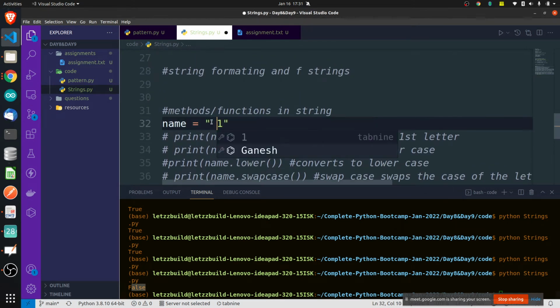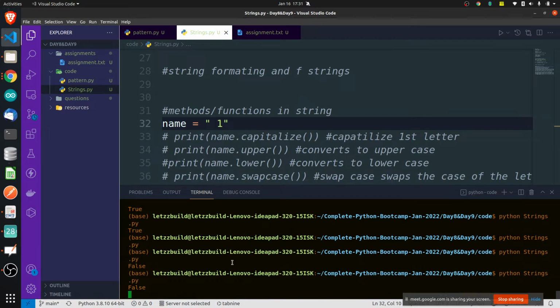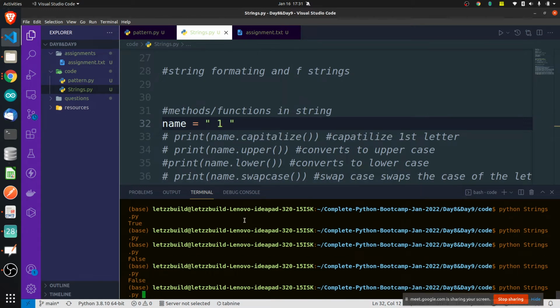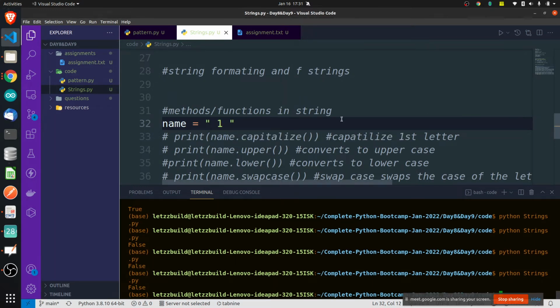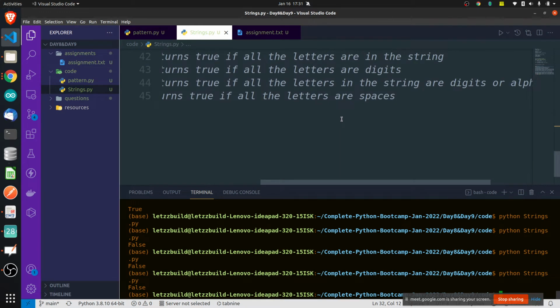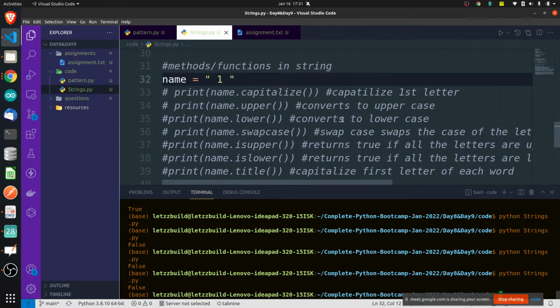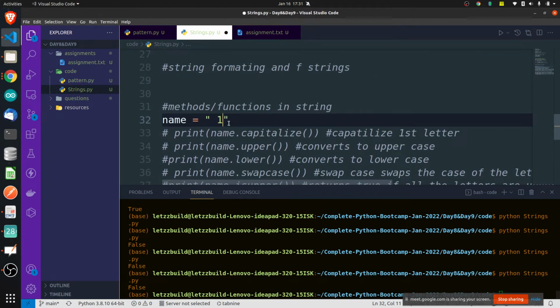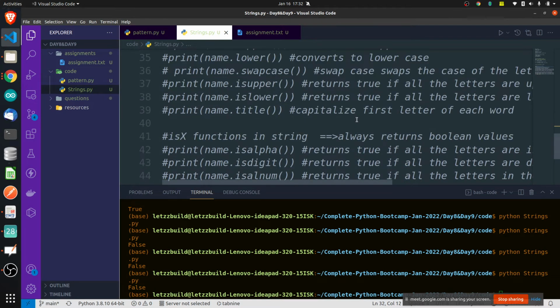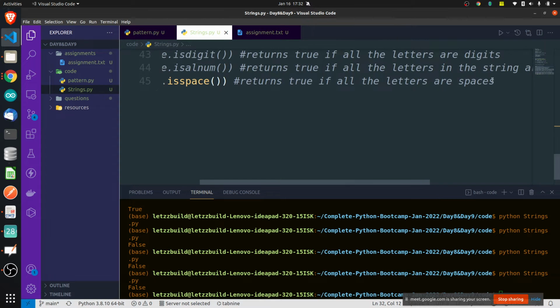So if you give some space here, it should return true. Strange, did not save it or what. Okay, sorry, it returns true if all the letters are spaces. Only that time it is going to return true.